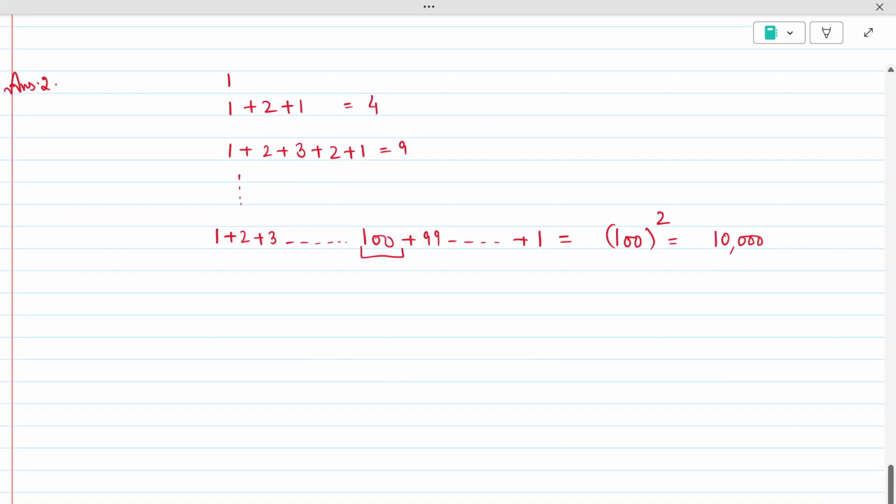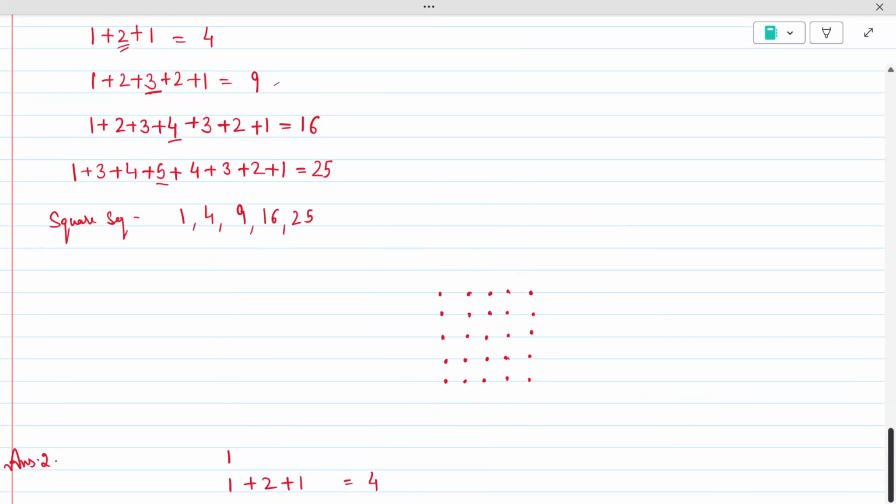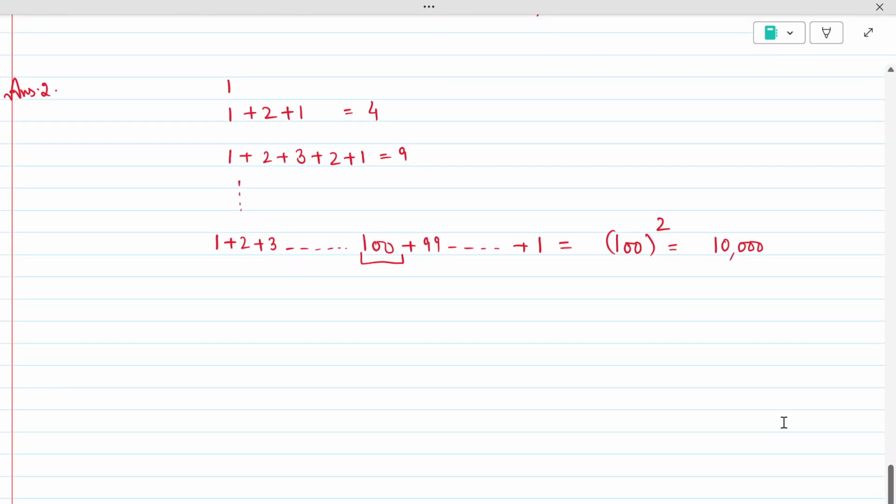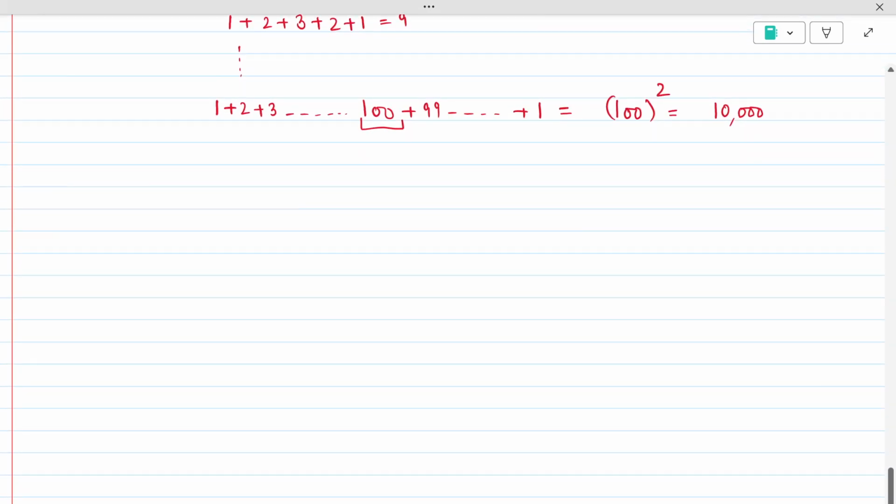Okay. Now, if you have to draw it partially, because drawing it completely is not possible for us, right? So now observe this square in the pictorial representation. The last one I made here was 25. So for 25, 1, 2, 3, 4, 5. This diagonal is 5. In fact, these dots are also 5, 5 because it's a square. So if I'm going to draw for this sequence which goes up to 100 and back,